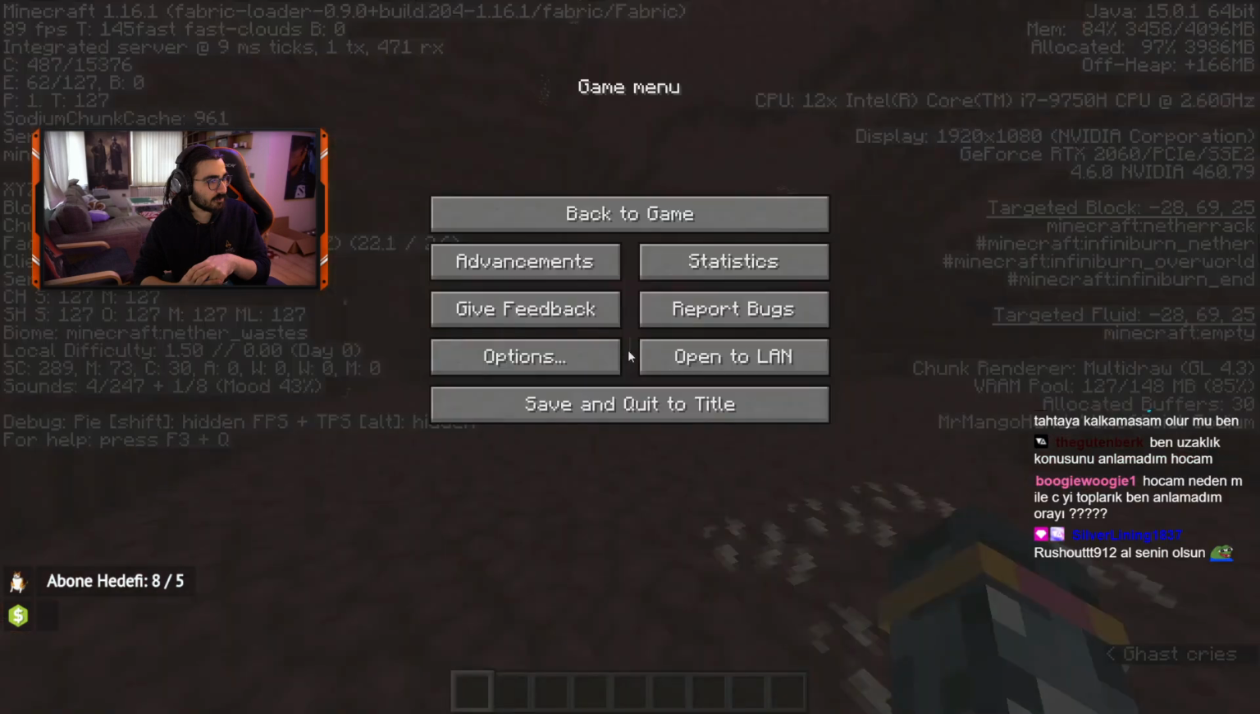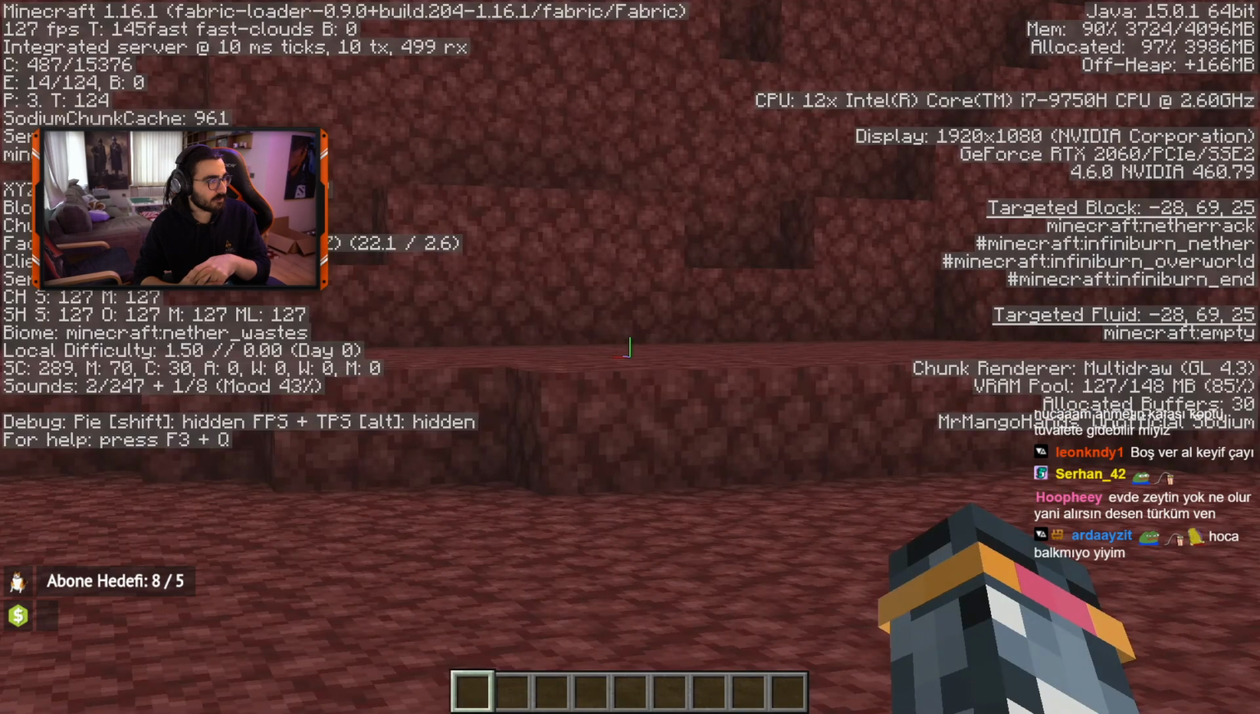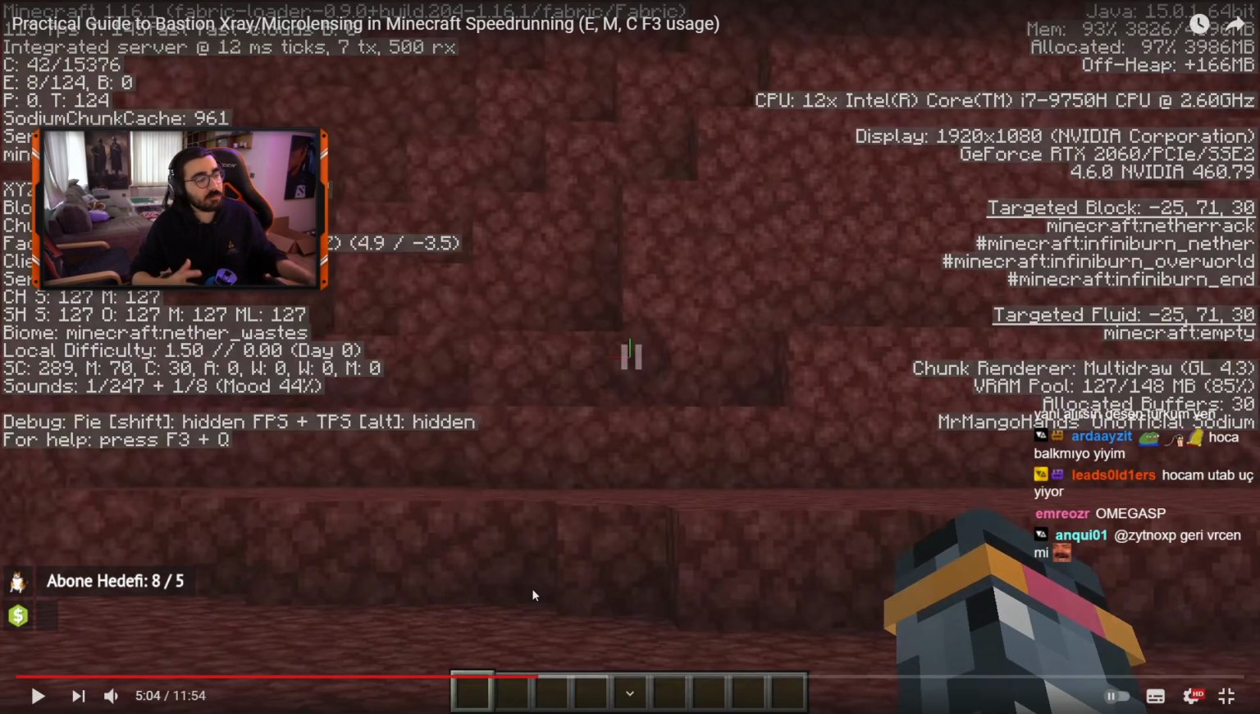So now we can lower our FOV to know more precisely where it is and then